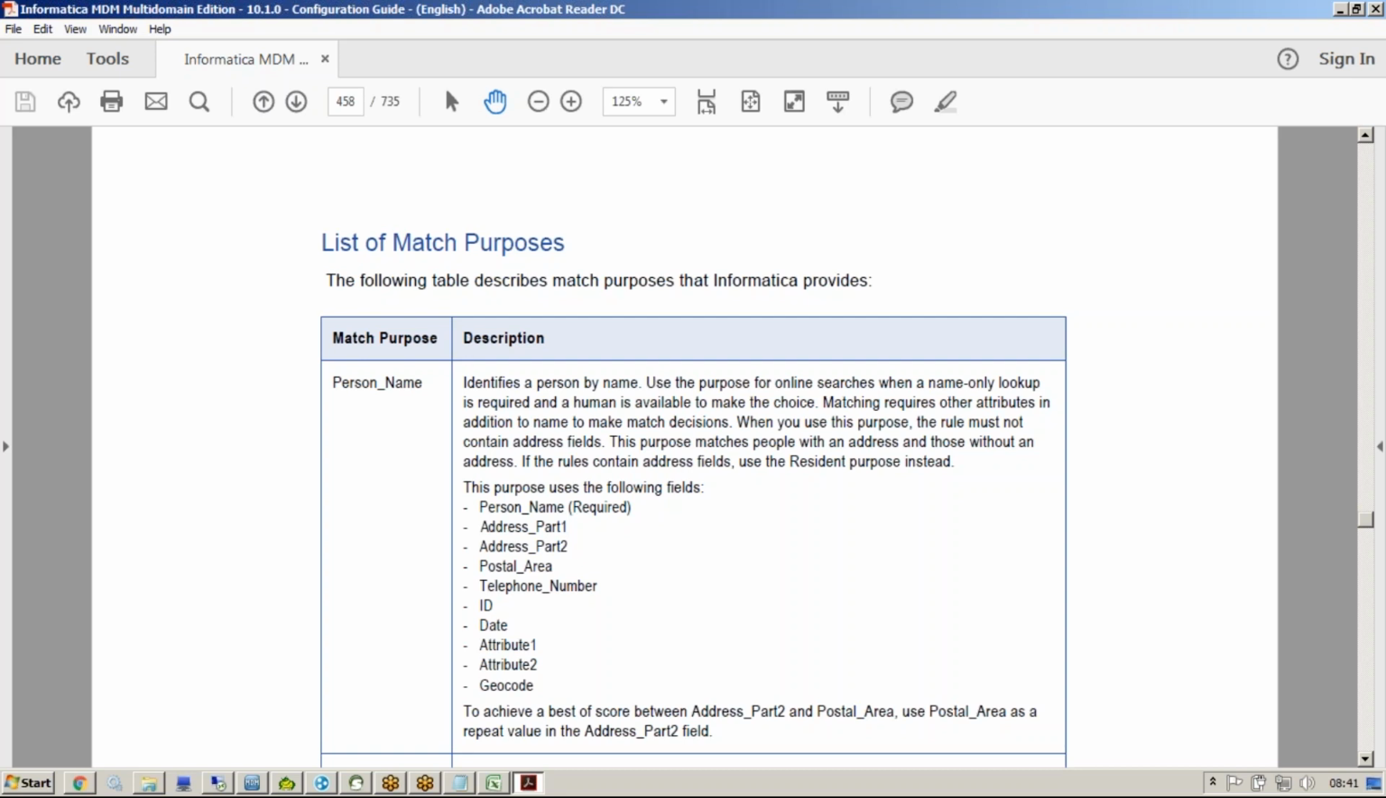So identifying a person by name. Here you see the person name column is mandatory, fuzzy match column is mandatory, and these other things are optional. Address part 1, part 2, all these things are optional, and this person name was mandatory. But if I go here,